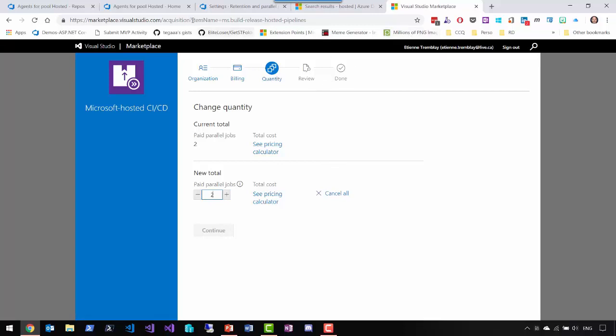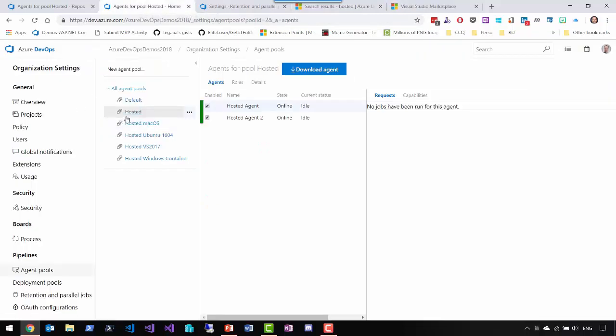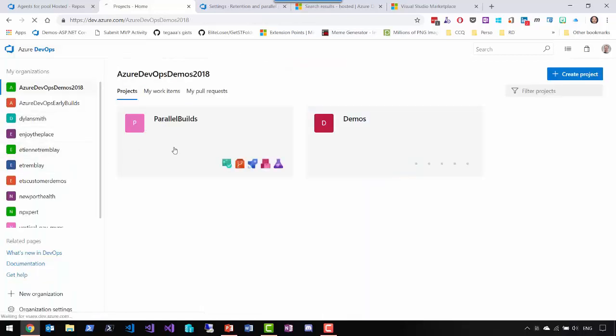So now that we have that set up, we're going to go back to our project, and if we look at our agent pool, we can see that I actually have 2 agents here, the 2 that I'm actually paying for. All right, so once that's all set up and good to go, we can now go into our projects,